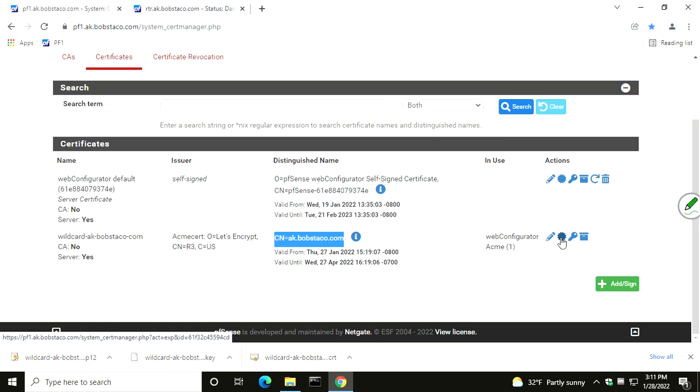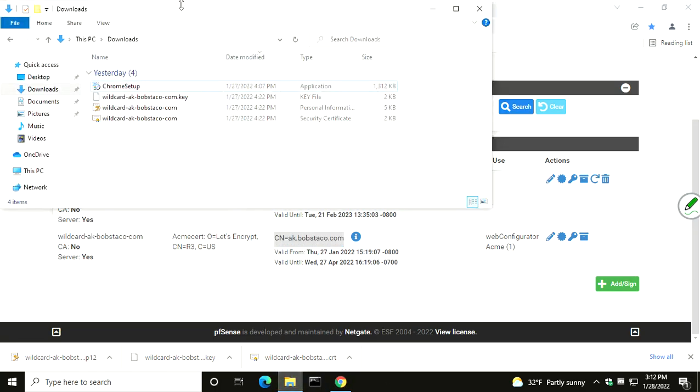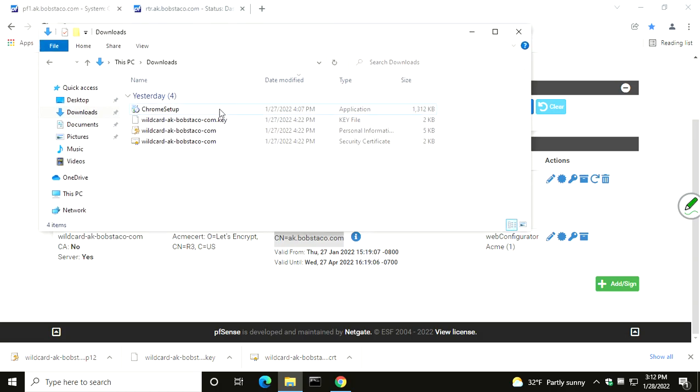But where we're going to pick up here is we exported the certificate, the key, and the package. I believe it's called a P12 package. Those are in the downloads directory on this machine. I'm on the Windows 10 machine, and it is currently on DevNet. There are those files that we exported out of